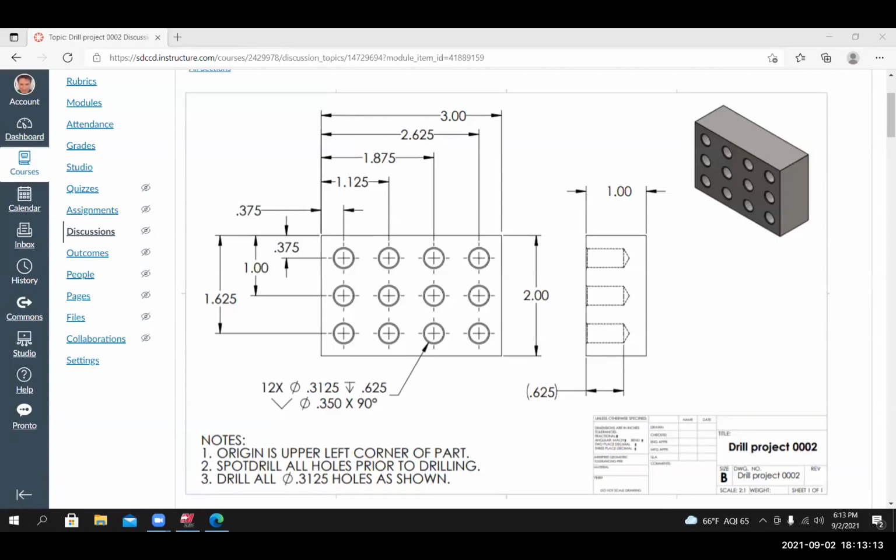On my screen, I have the Canvas page opened up for drill project 2. I'm looking at the engineering drawing, and from this drawing, we'll extract all the information we need to create the solid model for the part. And we'll also get all the information that we need so that we can create the tool paths for this